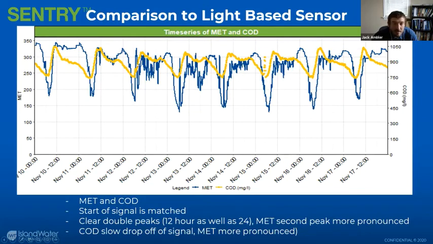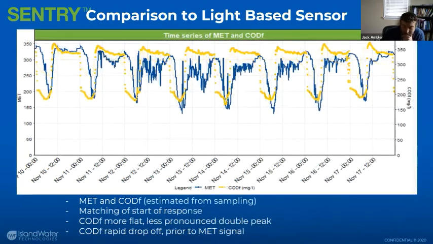All that type of stuff tends to be pretty common, to have a 12 and a 24-hour cycle. It's a little bit interesting to see how it spikes up the same. The COD data drags off a little bit slower, where ours is a little bit more pronounced. They also have an estimation. So I think they take the one signal and then they do an estimation, kind of a universal application to estimate soluble COD. And just to reconfirm what we're measuring here,